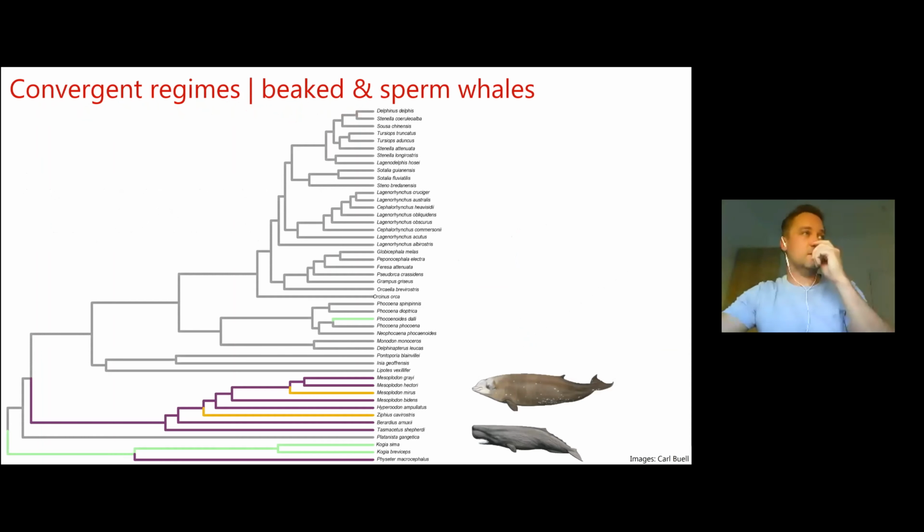So we ran that analysis, and what we found was we had 3 separate convergent regimes, 3 different groups of toothed whales that this analysis thought had evolved convergent cochlear shapes. The first is this purple regime. So you've got the sperm whale at the very bottom of the slide there, and it has convergently evolved